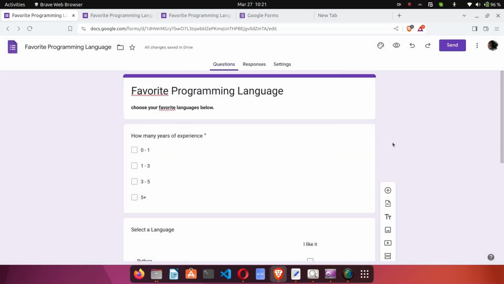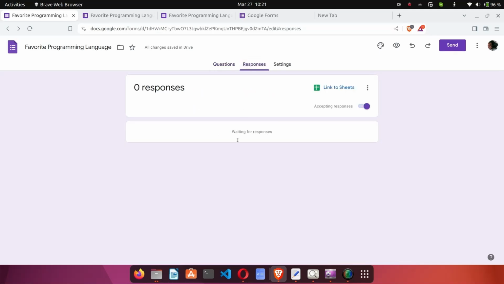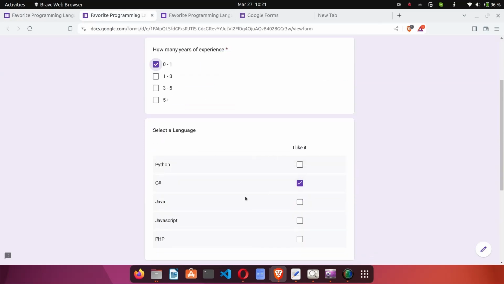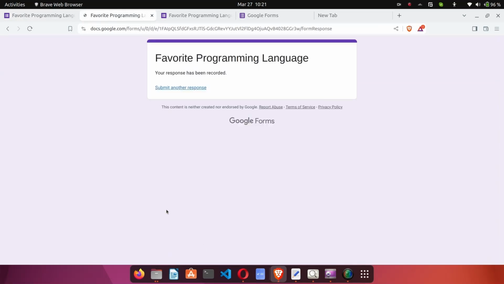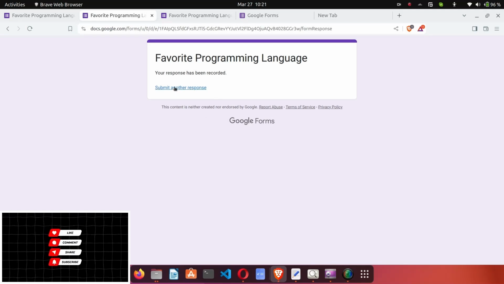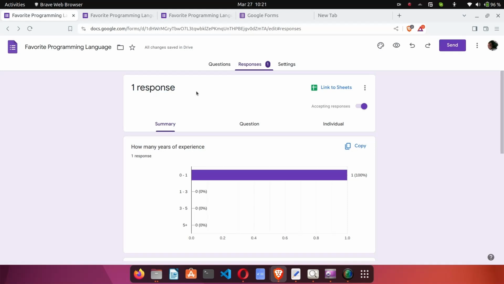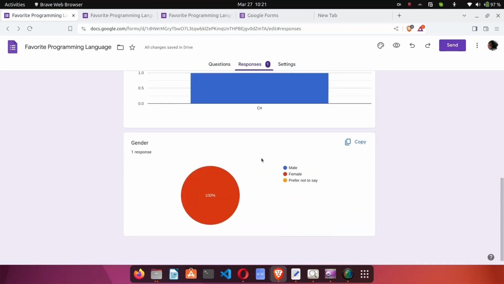Okay, that said, the next thing I want to look at is how to view the responses to your form. Okay, so to view the responses to the form, all you have to do is to click on the response tab at the top right here. Click on responses, and you'll be able to see all the responses to your form. Right now there is no response, so what I'll do is I'll fill this form very quickly, and then I will submit it. Okay, the form has been submitted. Then we're going to come back here, and you can see we have 1 response, and the response data is